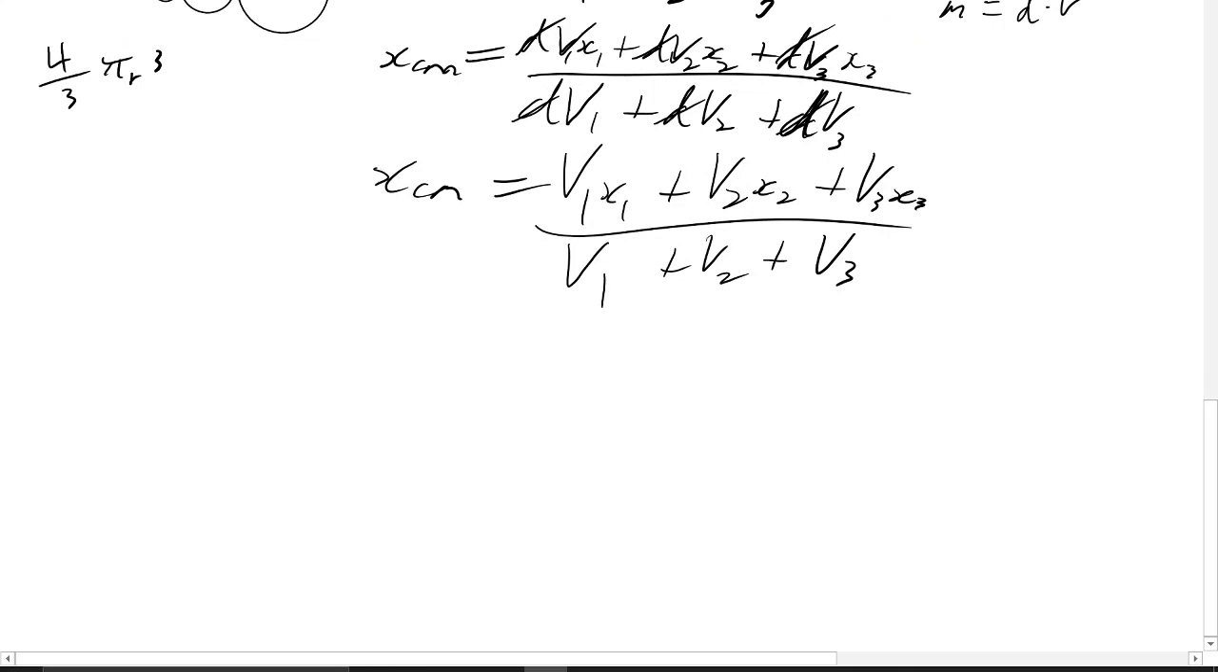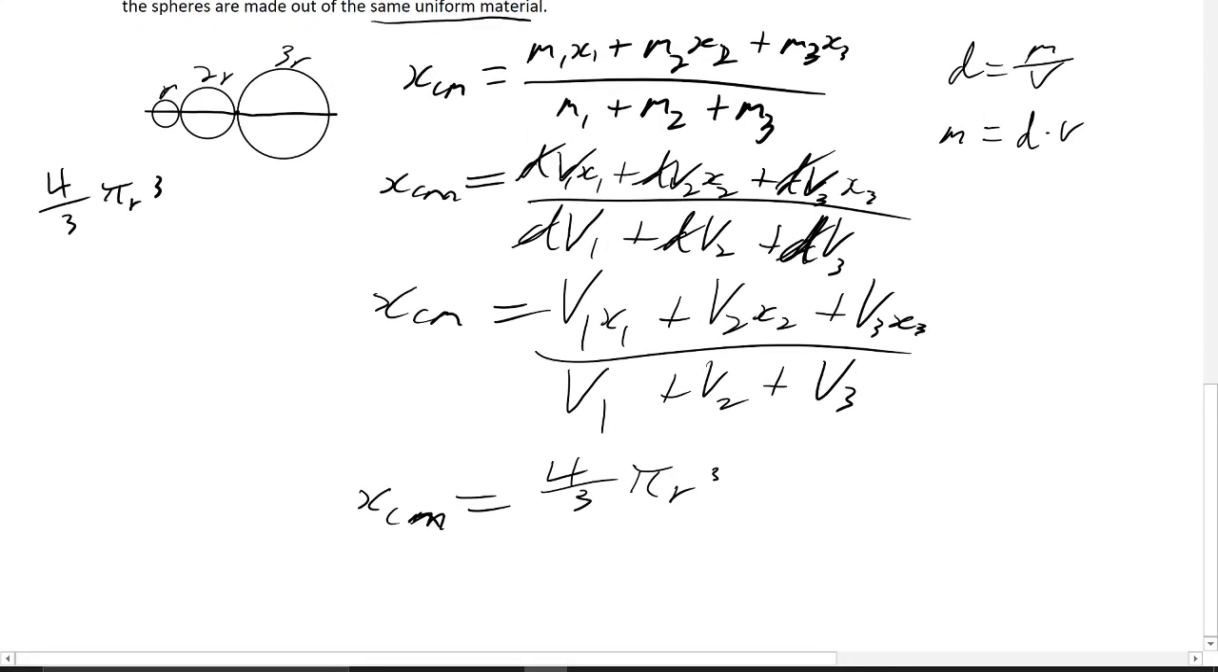So now we just need to substitute that in with the radius of each respective sphere. So v1 is 4 over 3 pi r cubed. The r stays the same, r cubed. And x1, we can also do that now. Let's say we also need to establish a reference point in this question. Now, since